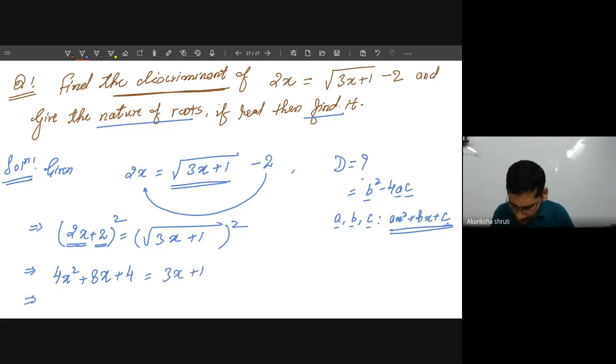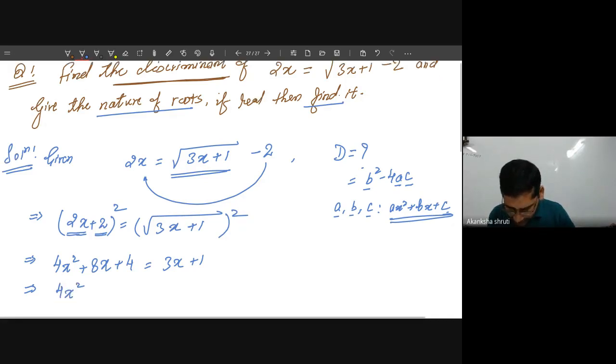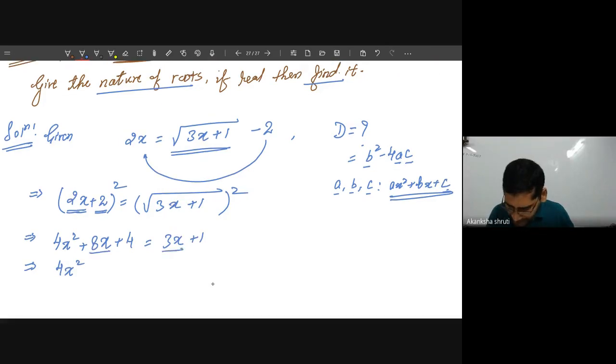Now in the next step you have to bring all this on the left hand side, so on the right hand side only 0 will be present. The x square term is only once, so write 4x square. Keep in mind this is 8x, this is 3x. Bringing this on the left hand side, the sign will change, means it becomes 8x minus 3x, it becomes 5x. Similarly, bringing the 1 from the right hand side to the left hand side, it will be subtracted from the 4, it becomes 3, equals 0.